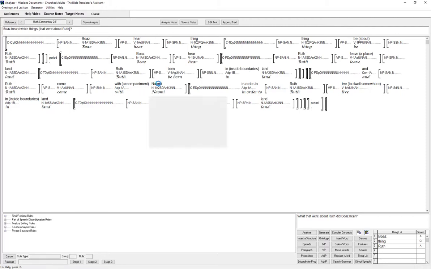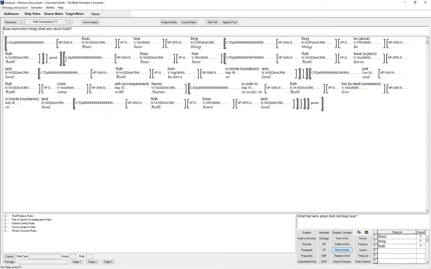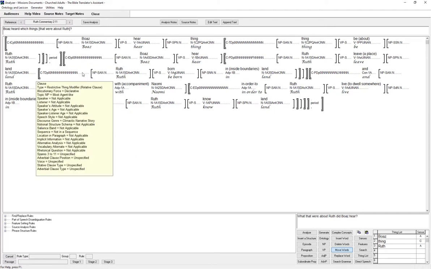Okay, because I now moved this new material inside that sentence that ended with the right bracket, I have to move that right bracket back. So I'm going to click on Move Words. Yes, I know there are a lot of tricks you have to learn to do this. I'm going to click on the last right bracket now that I want to move back. Now I'm going to click before this clause that I inserted up here, and it put it back in the right position.